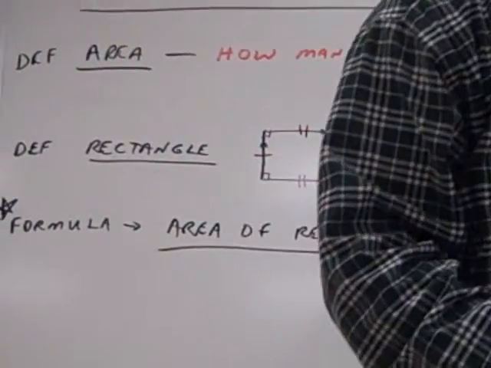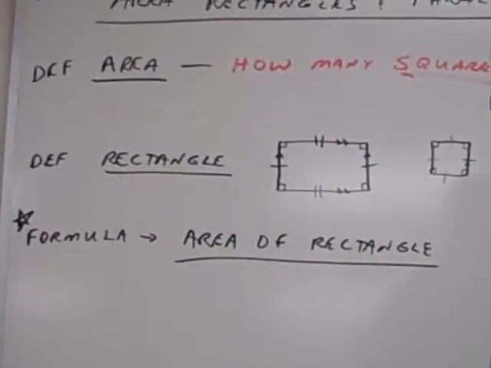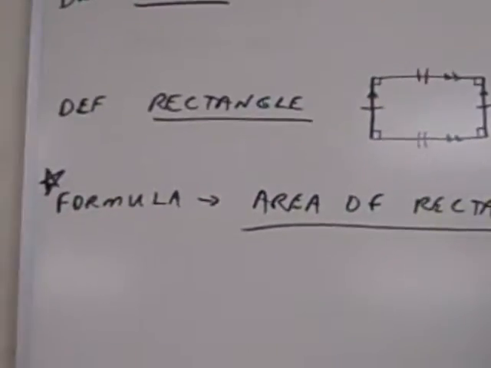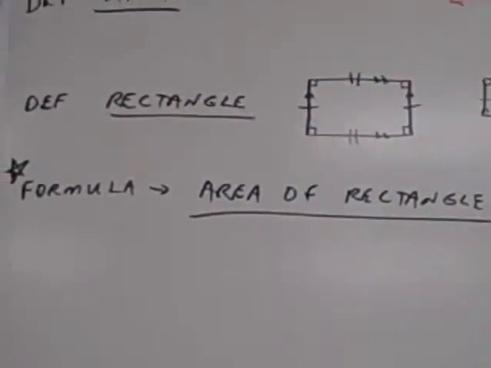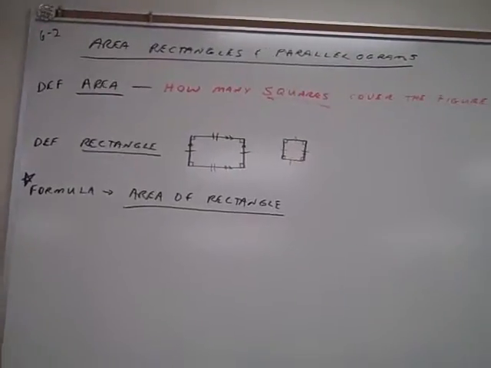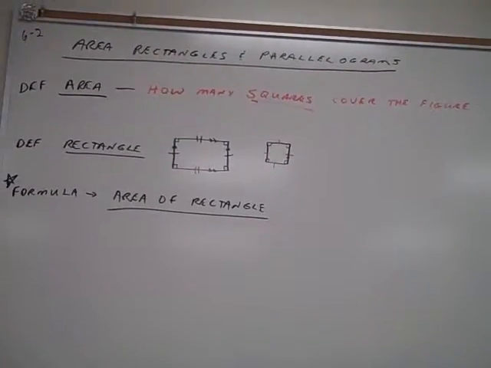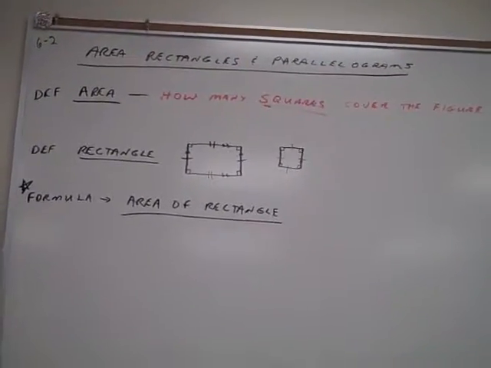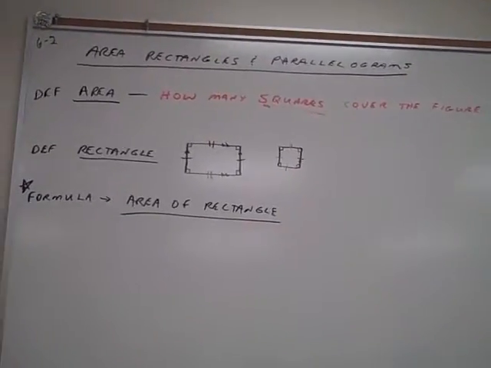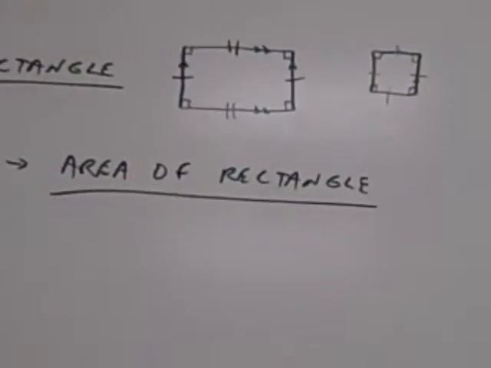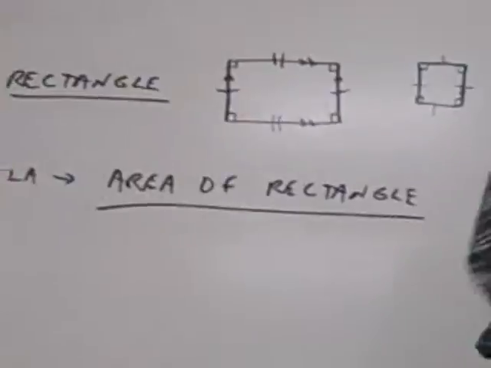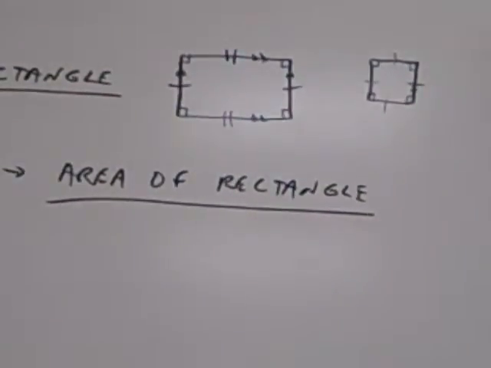go faster. Or I would have to count all the squares inside of it. Or if I was given one that didn't have squares on it, I'd have to start drawing squares on it and then count them all. Think how long that would take. A long time. Thank goodness mathematicians discovered a formula that would help us speed up the process of finding how many